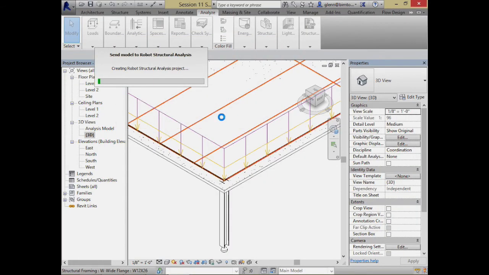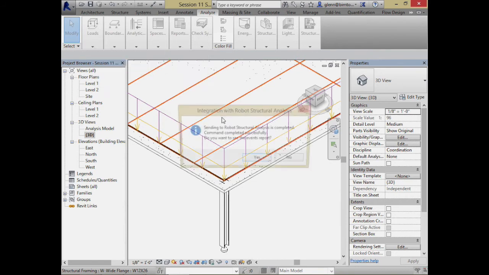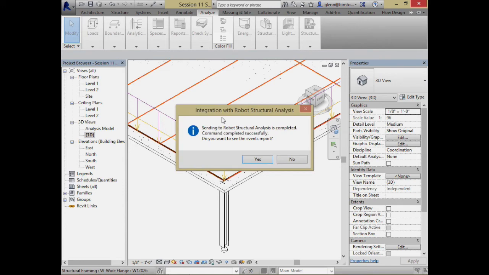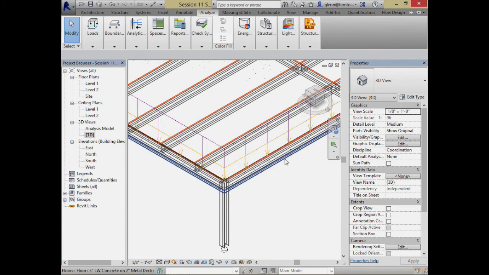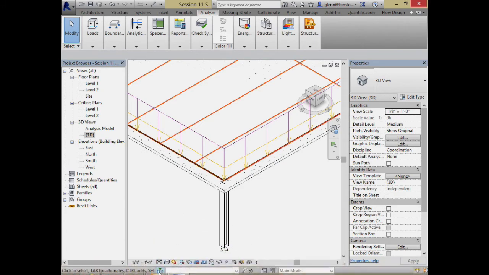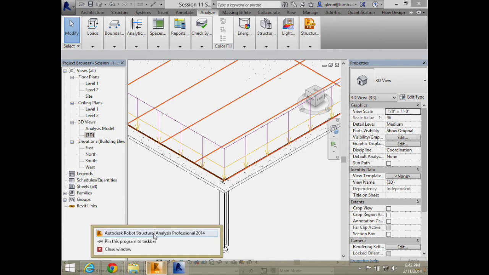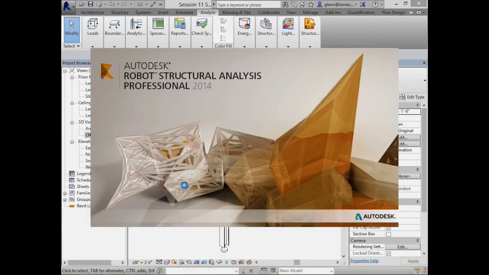What it's doing is creating a little project and sending it across. It's exporting all the elements over here in the same way that was happening up in the cloud, just in the cloud it happened for us transparently in the background. The nice thing about working over here in this version, though,